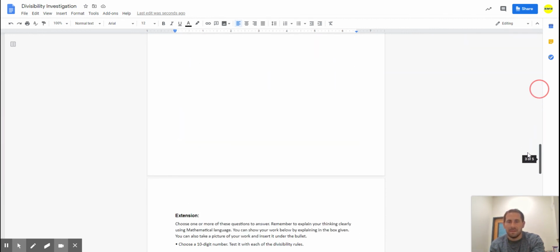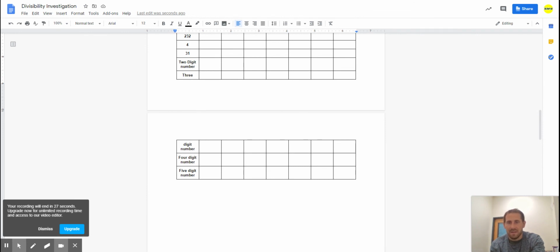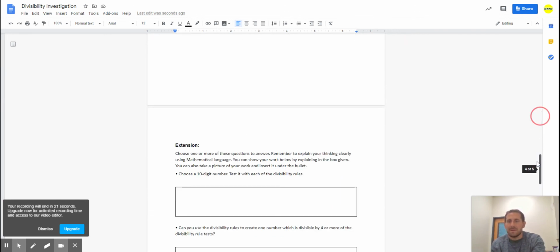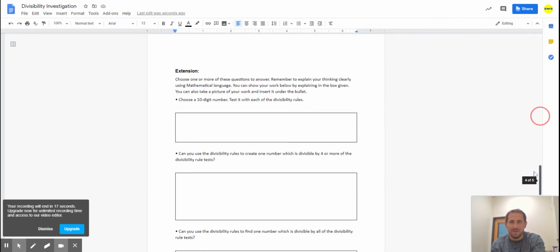Then at the bottom, you can create any 2-digit number you want, any 3-digit number, any 4-digit number, and see if you can test it through the rules of divisibility. Again, make that part of your 20 minutes to try to complete that table. And then there are some follow-up extension questions. Go ahead and give them a shot if you've got extra time. If we're already rolling into science, then stop, get ready for science. I want you guys